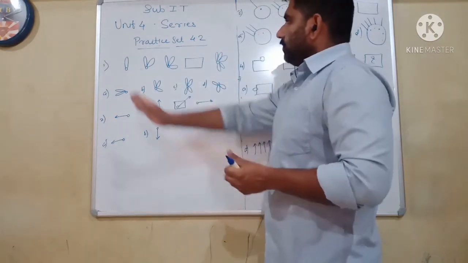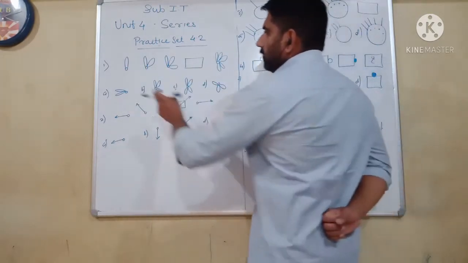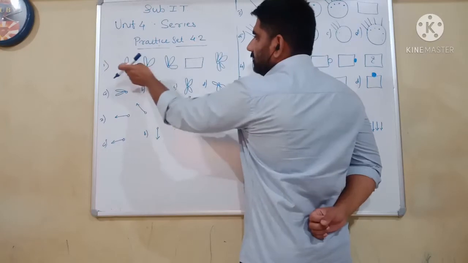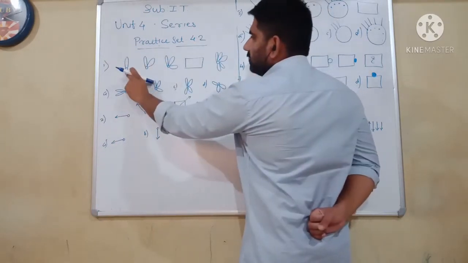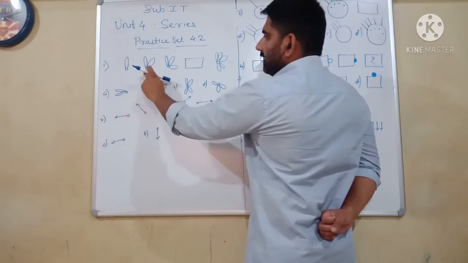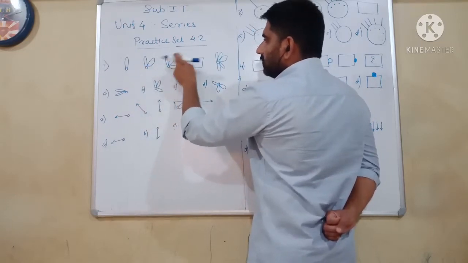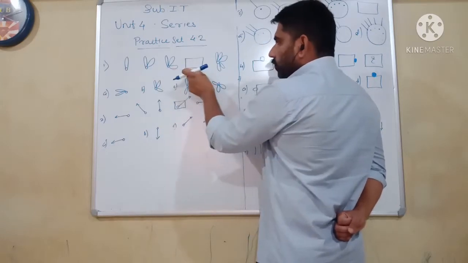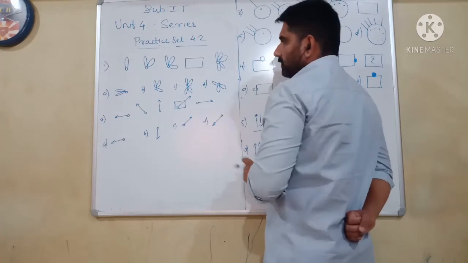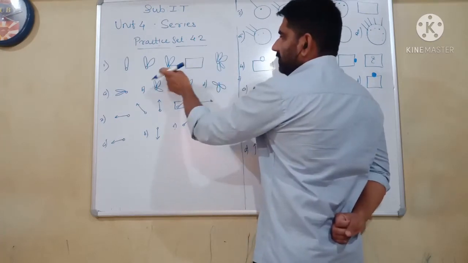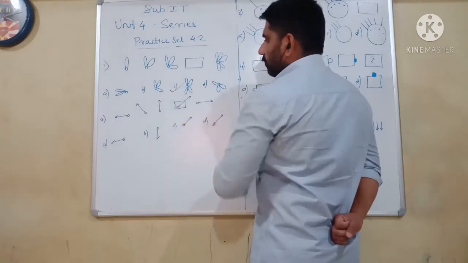So in the first question, try to observe the figure here. If you observe it, you can see how the flowers are increasing in the figures. First is 1, in the second figure 2 flowers, in the third figure there are 3 flowers, the fourth one is missing and in the fifth there are 5 flowers. So what is the missing one? After 3, the fourth one. So that will be option number